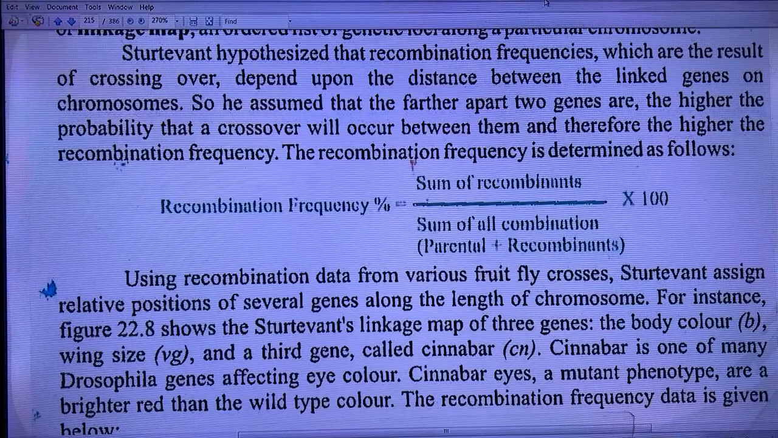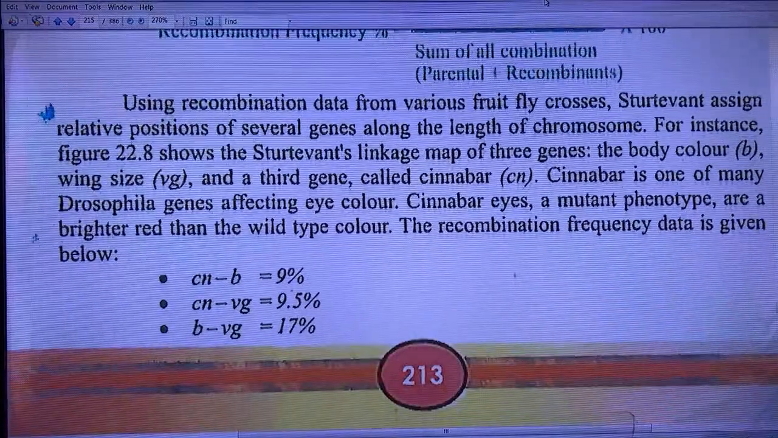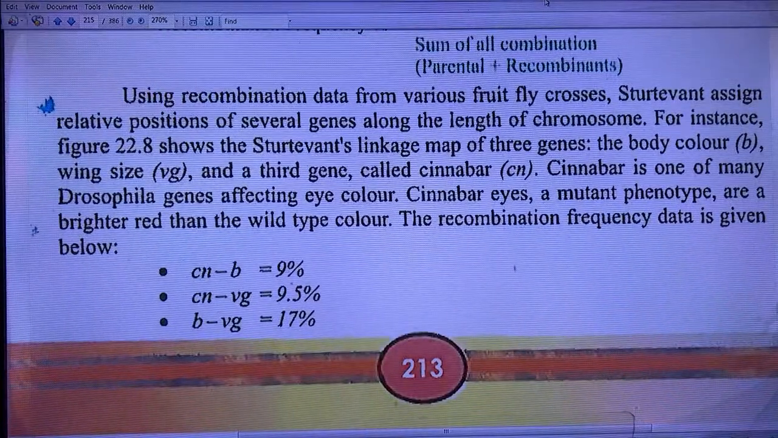Recombination frequency equals the sum of recombinants divided by the sum of all combinations, parental plus recombinants, multiplied by 100. Using recombination data from various fruit fly crosses, Sturtevant assigned a relative position of several genes along the length of a chromosome. For instance, figure 22.8 shows the Sturtevant linkage map of three genes, the body color, wing size, and a third